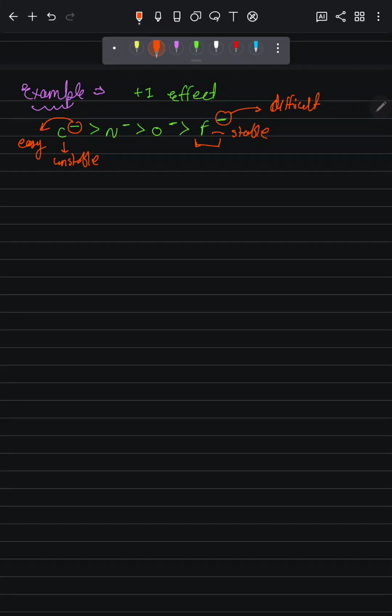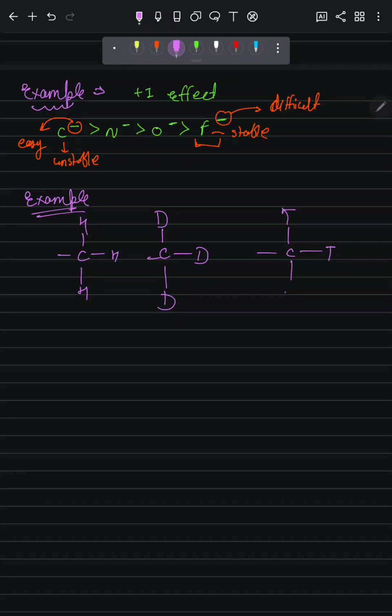So we know that it is a distance dependent effect. To know about that property, we take an example of CH3, CD3, and CT3: carbon with hydrogen, hydrogen, hydrogen; carbon with deuterium, deuterium, deuterium; and carbon with tritium, tritium, tritium. So as we know the order, as we go from left to right, the mass is increasing, so the bond length is inversely proportional